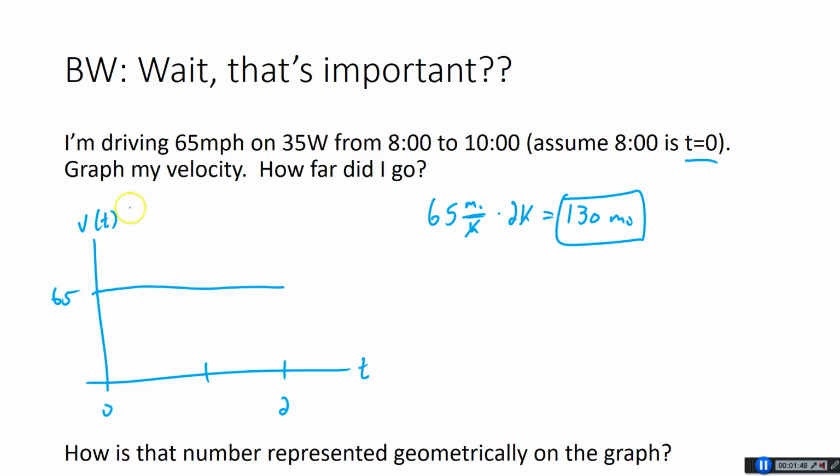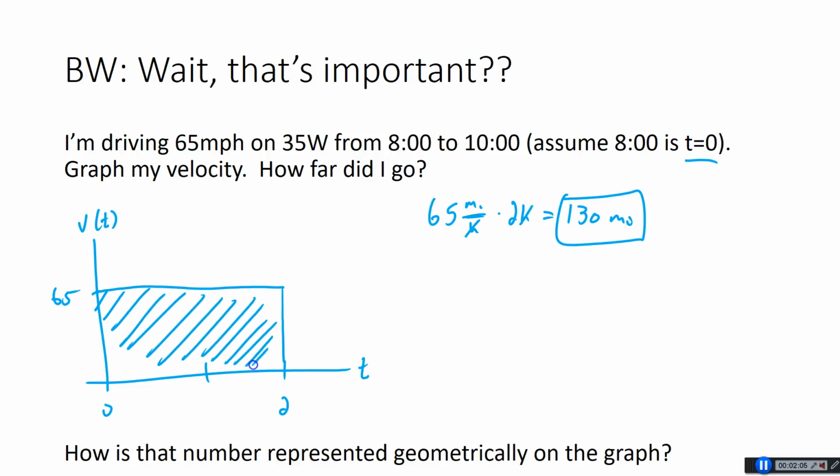So from this velocity graph, if I multiply 65 by 2, what have I done? Well, I've multiplied the y value up here, the height at 65, by the x value, which is 2 down here. So what did I find? I found the area of this rectangle. So this is the first time we've really talked about finding area on a graph. But this is the area